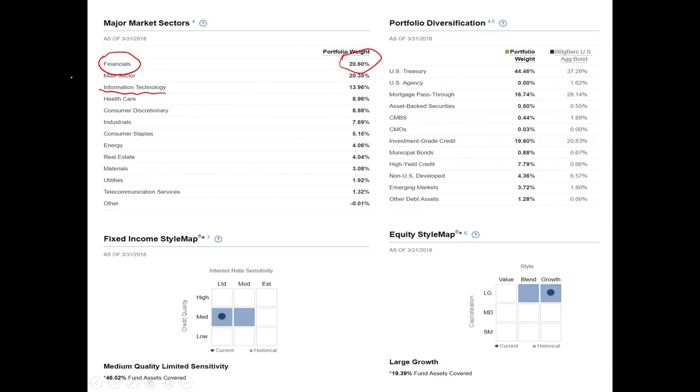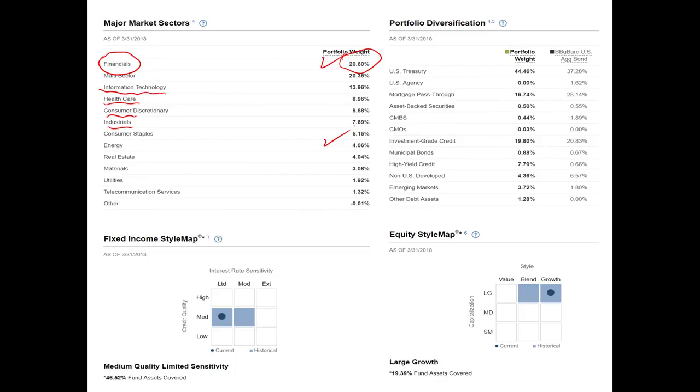Looks like we have a fair amount of tech, healthcare, consumer discretionary, industrials, and down the line. So think about this as sort of an exposure matrix. Right? So this fund is more exposed to the financial industry and less exposed to the energy industry, nuances of